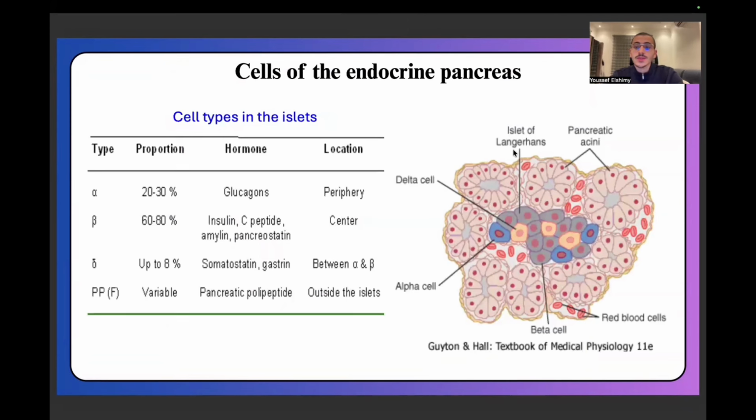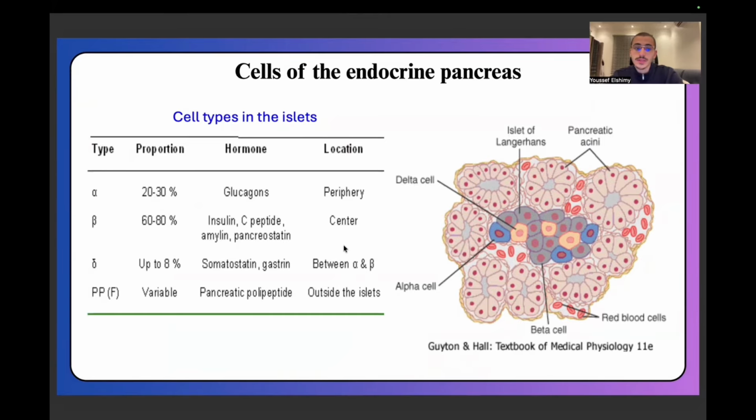So what are the cells of the endocrine pancreas? We have the alpha cells, which contribute 20 to 30% of the cells in the islets of Langerhans. And the main function of alpha cells is glucagon production. So a way to remember: there is an A in alpha and an A in glucagon. So alpha cells produce glucagon. And where are they found? They are found at the periphery of the